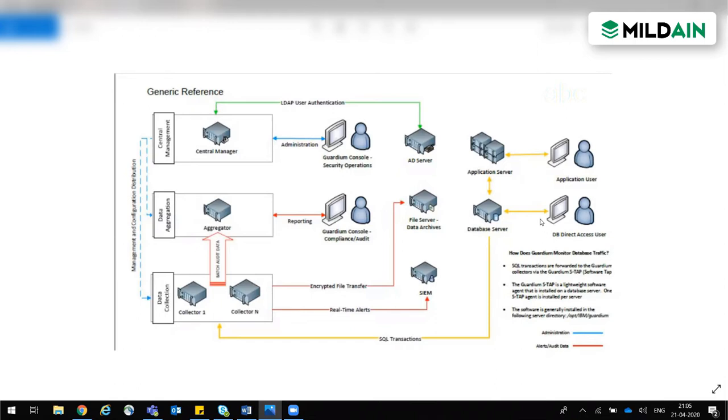What we generally have is an agent called the STAP agent. Actually, it's a bundle. It has multiple components like KTAP, ATAP, STAP, all those. It is a combination of all those things. So it depends on the environment, like the OS of the server, which component we are supposed to enable.